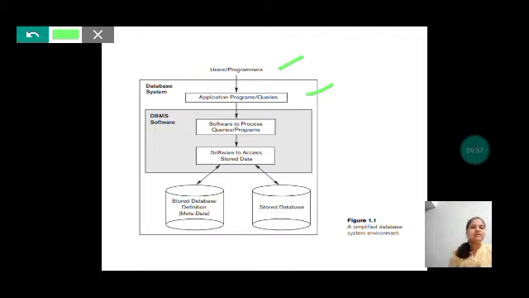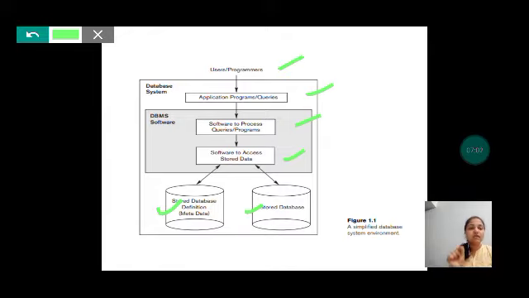This DBMS software involves software to process your queries and programs, and software to access whatever data we have stored. The data will be stored in the databases, and the database system will also store the data regarding the stored databases.